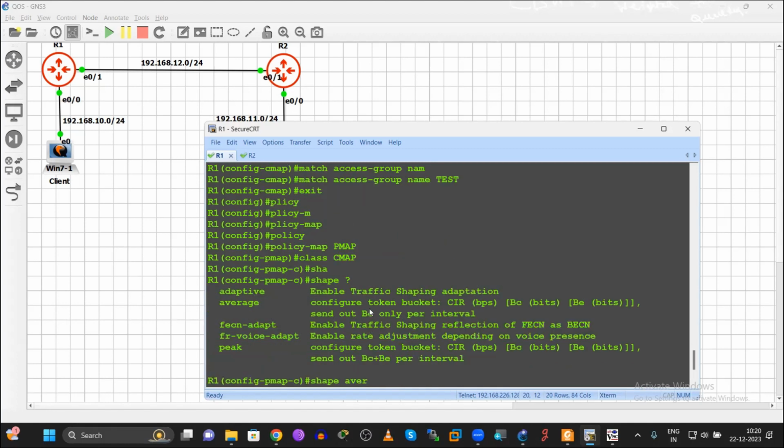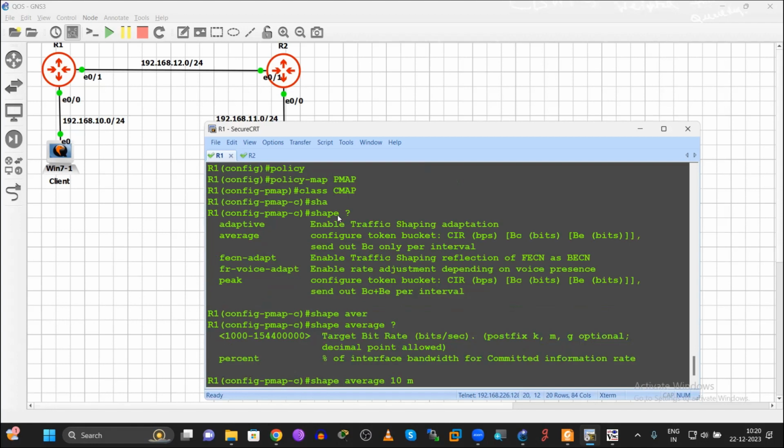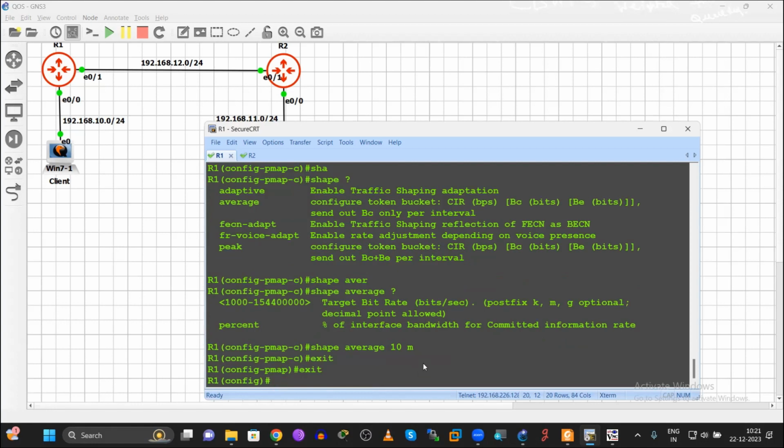In that policy, I have successfully called the class map. Then in the policy map itself, I have done shaping. Shaping is nothing but I said shape average. It should not cross 10 megabits per second. The data should not be more than 10 Mbps. This is what average shaping is. This is my limitation, the restriction I put on this policy.